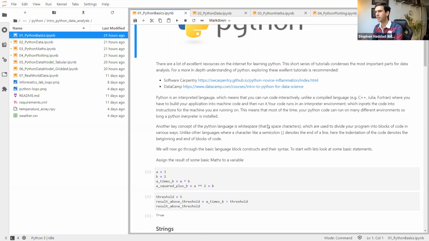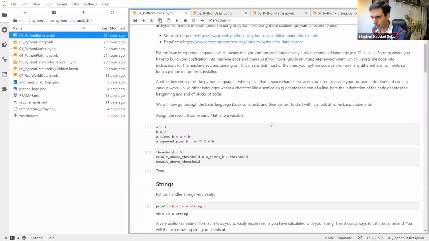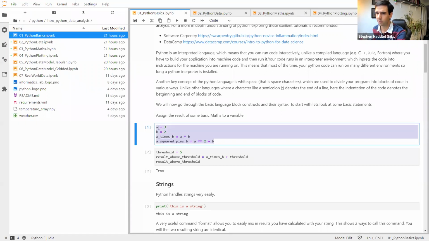I think the easiest way to demonstrate that, though, is just to take a look at some basic statements. So, for example, here are some basic statements assigning variables in Python. That's general syntax that looks very familiar to anyone, I think, who's done some programming before: assigning a 3 to a variable, doing some maths and calculating it. At this stage I'll just mention how I'm doing this for those of you who aren't familiar with